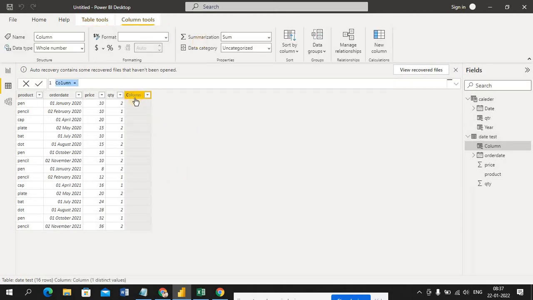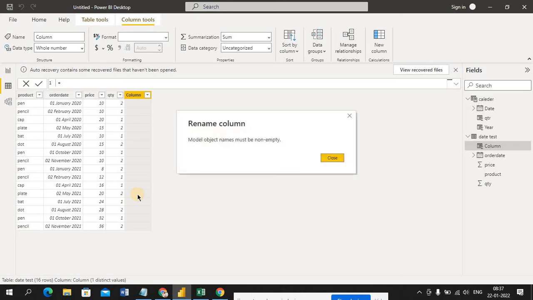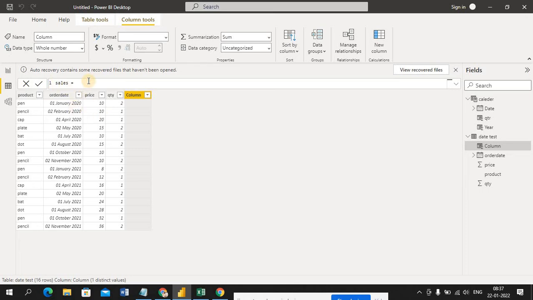You can see the new column added. So I'm giving a column name. My requirement is to display the price into quantity result here. So I'm giving the column name Sales. So here the column name is price, right?